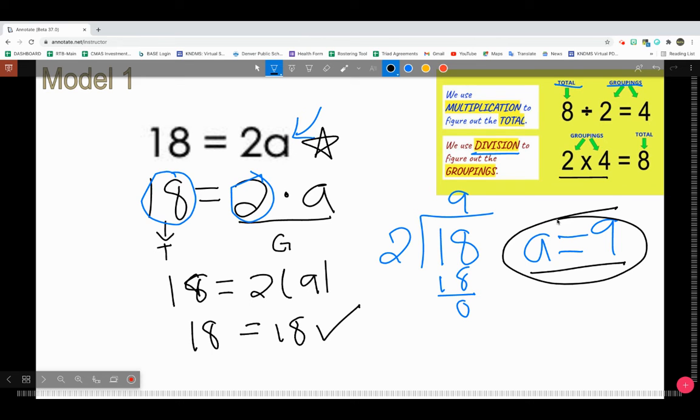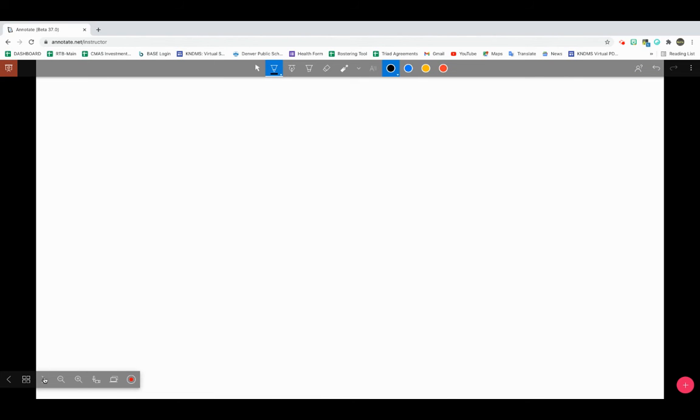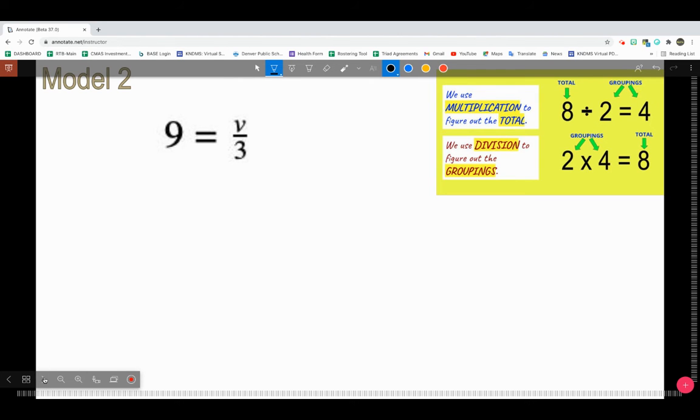And once again, to go over this, I determined that I need to divide my 18 and my 2 because I figured out that my a is a grouping, and when I'm looking for a grouping, I divide. Let's do another example of this. So here I have, and this is something you definitely saw yesterday that may have given you some trouble,